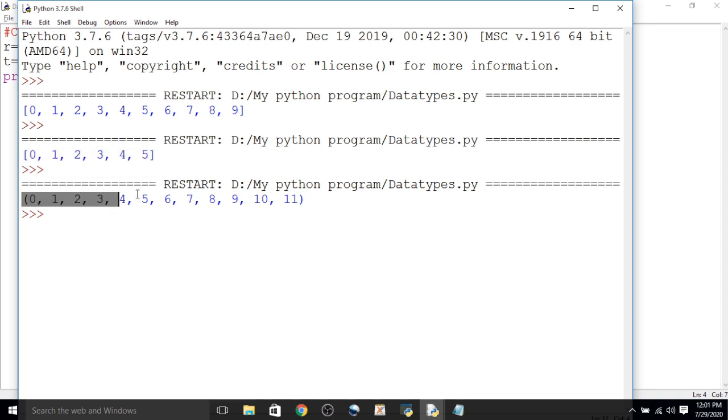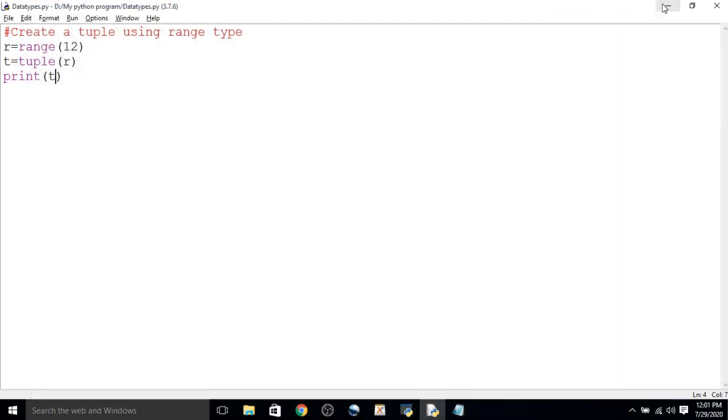See here, we have created a tuple. Why is it a tuple? Because it is enclosed in circular parentheses separated by commas. And this one is a list, because it is enclosed in square brackets. So these are the uses of the range data type.